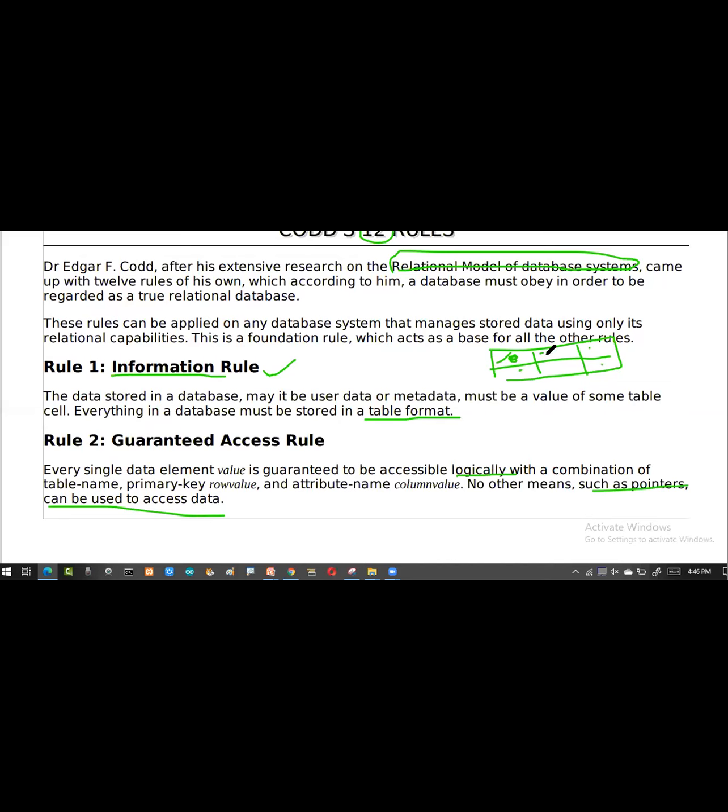Logical means how do I pick this up? I have to write some query. For example, I say I want the roll number 1546, his name and contact. There is someone called Ashwini in BCom Computers. I have her roll number 1546, but I don't have her contact number. Can you give me the contact number? If I ask you, you will check your mobile contacts and find whether Ashwini is there and has a contact number or not. Like that, logically, I ask using a combination.